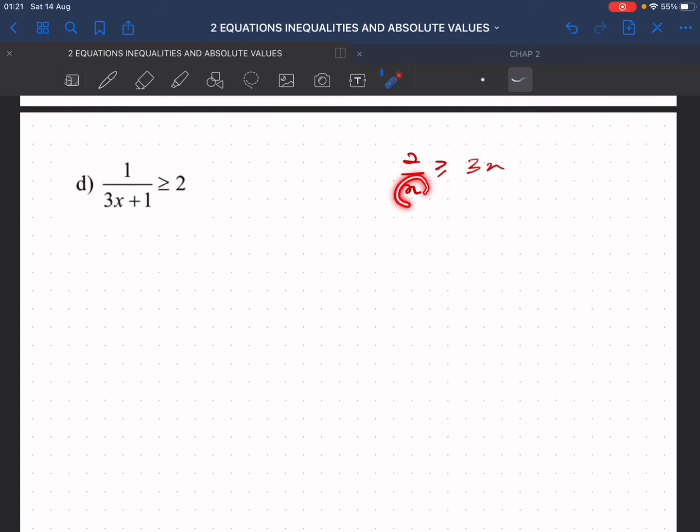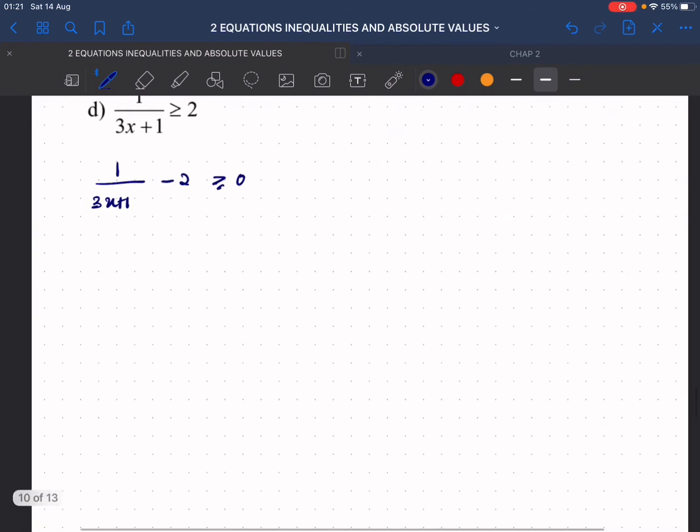This will become your factor too. Okay, the factor in the table of sign will be x there. X equals to 0 there. Okay, so now what we need to remember, two things: the denominator cannot equal 0, and bring everything to one side. Okay, so simplify first. We have 1/3x plus 1 minus 2 greater and equals to 0. And then equate the denominator. We will have